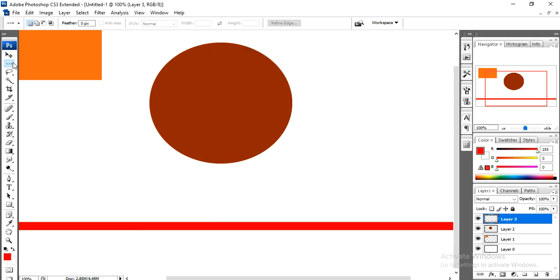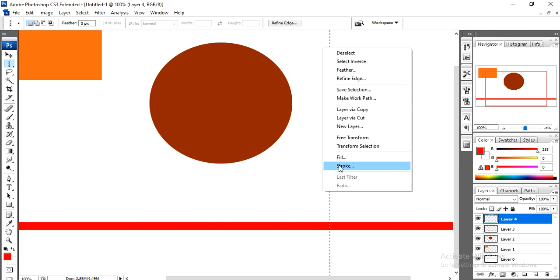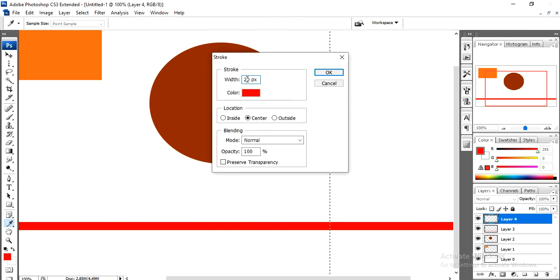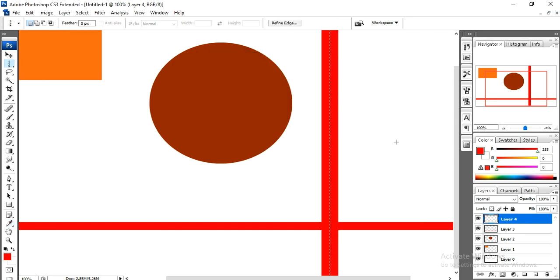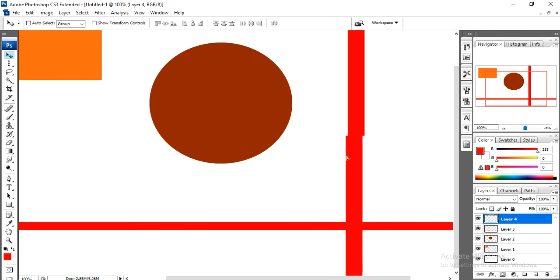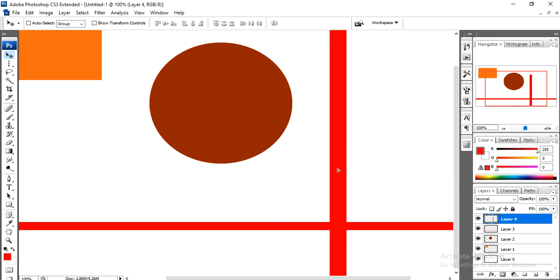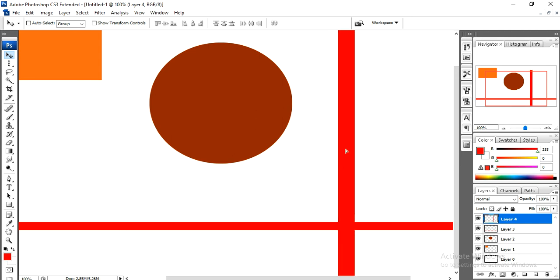Okay, now I'm going to show the next one, single column marquee tool. This is also the same. Whatever we did for the row marquee tool, same thing, just click here. We have selected one column. Okay, just click new layer, right click, go to stroke, change the width size. Actually now I'm going to give 40, enter. So now it's done. So this is also one kind of column line we created. Okay, that's all.